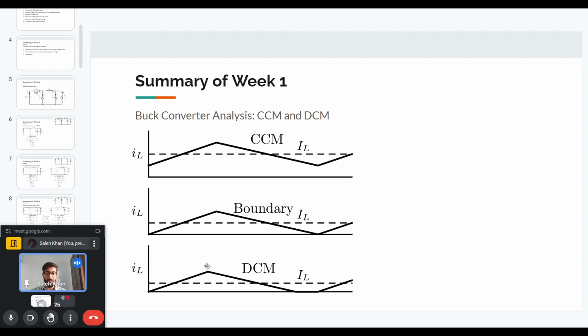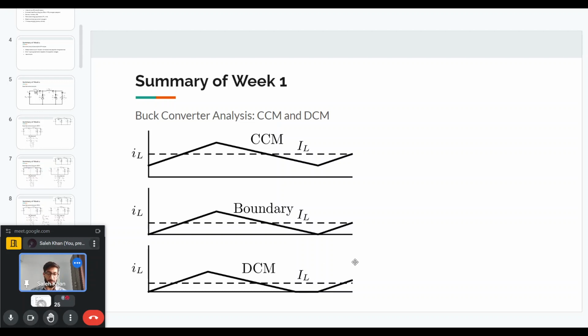So that means there will be another state between the DTS state and the 1 minus DTS circuit that we saw. There will be another circuit in between where there is no current through the inductor. Because of the diode, the inductor cannot allow a negative current. So that is why when the inductor current reaches zero, it will stop at zero and the circuit will change